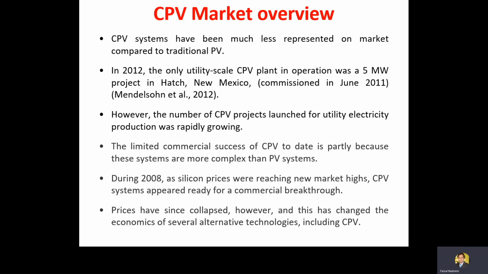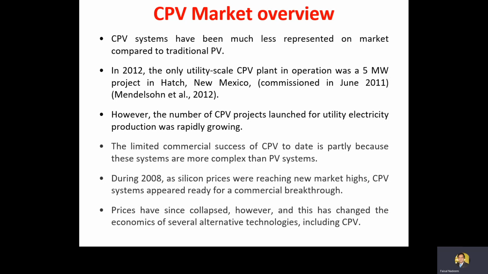If the number of cells reduces, the amount of silicon used in manufacturing the solar cell or solar panel will also reduce. As silicon prices were high in 2008, market players appreciated this concept a lot and got involved in CPV technology. However, around 2011 and 12, silicon prices got reduced, and each year they keep falling. Due to this reduction, CPV has not become that famous or accepted in the market.